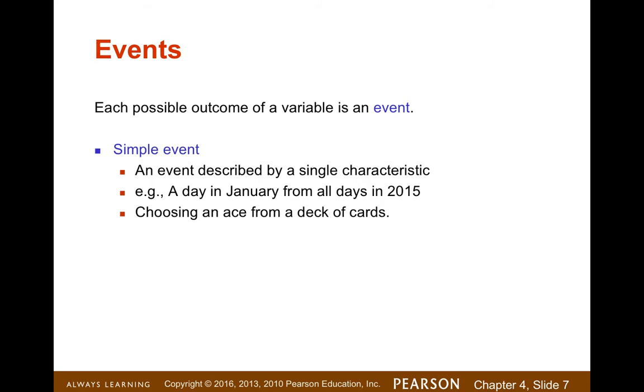Events. What do we mean by an event? An event is something that's described by a single characteristic. For example, a day in January from all days in 2015, or choosing an ace from a deck of cards. Events can be very simple. Events can be very complex. Probability,